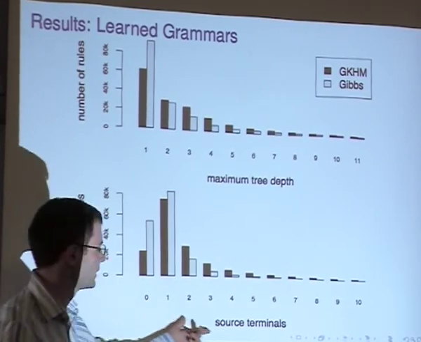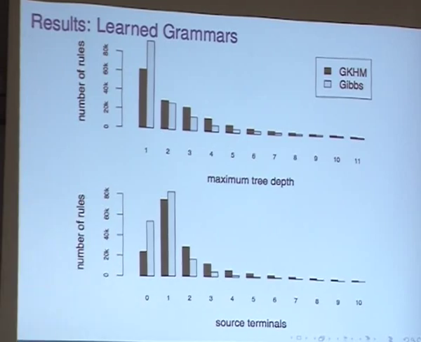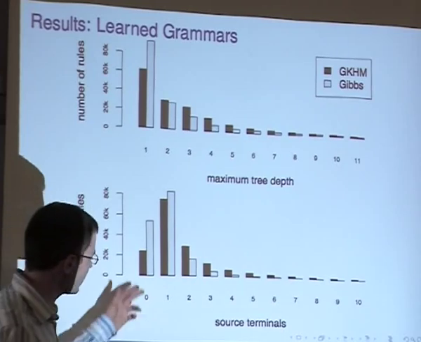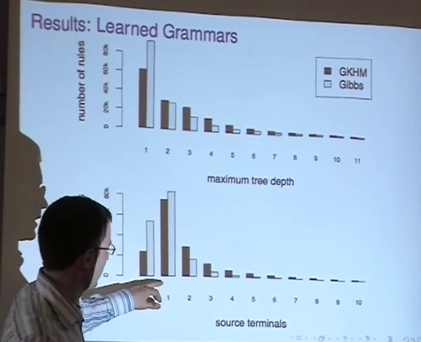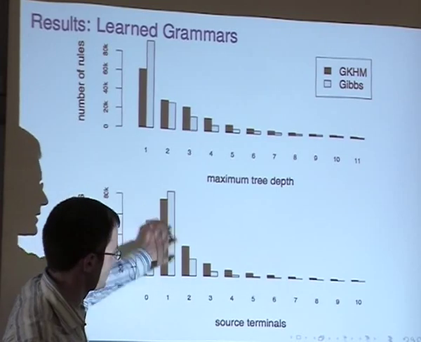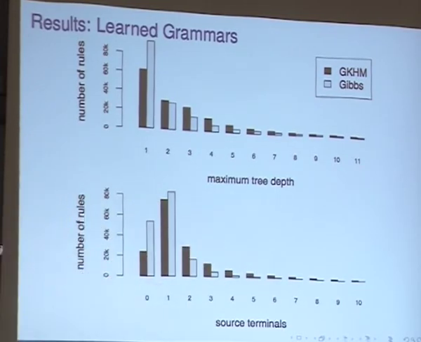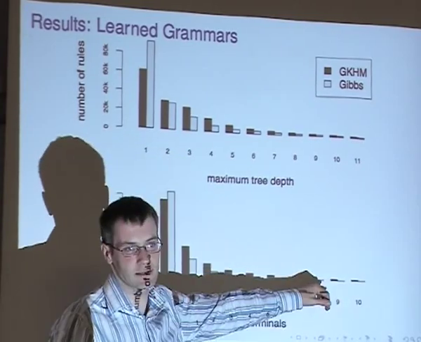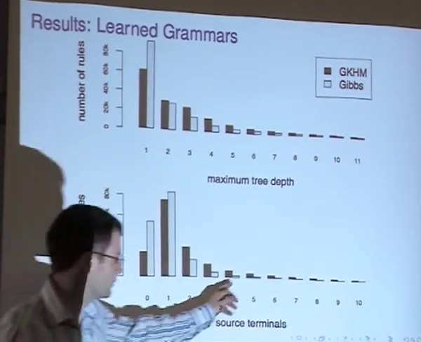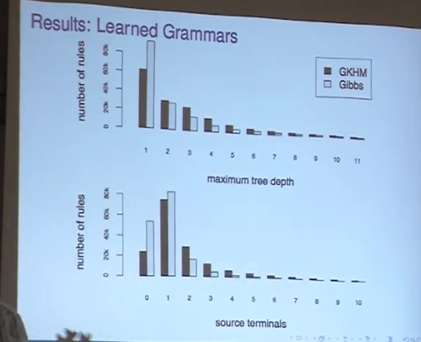We can also look at the number of terminals, I think on the Chinese side here, and we see that our model has learned more unlexicalized rules than the previous model, and still has a similar decaying distribution over slightly lexicalized rules. In fact, it doesn't have very many massively lexicalized rules, where anything with, say, more than 5 tokens in it is probably a result of an alignment error. So it's actually managed to fix a good majority of these, which is great.